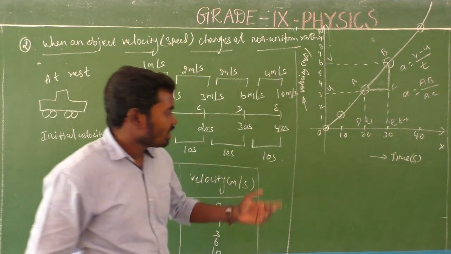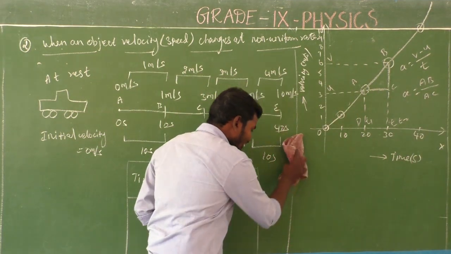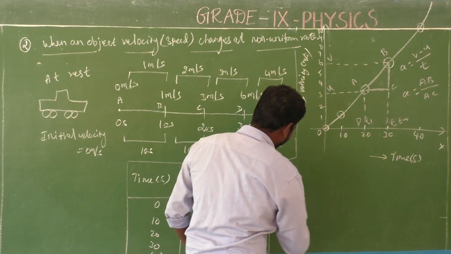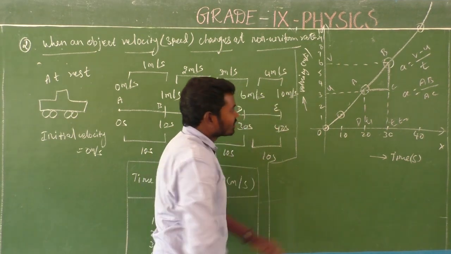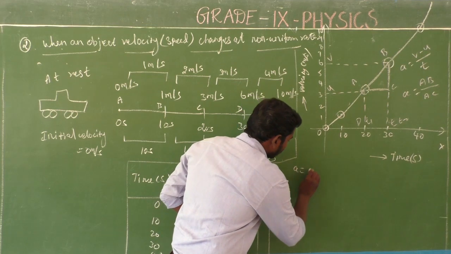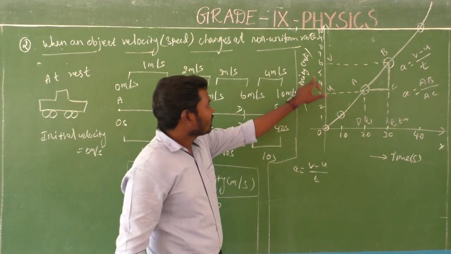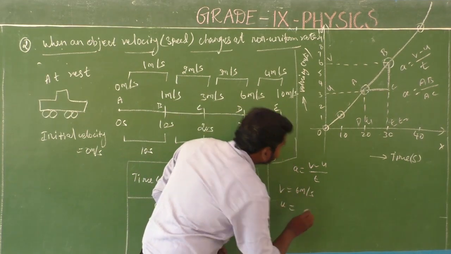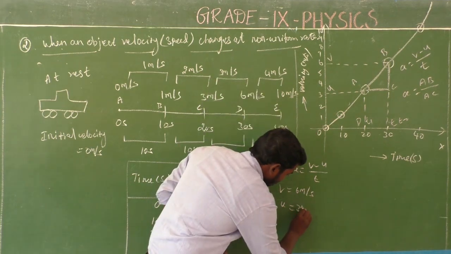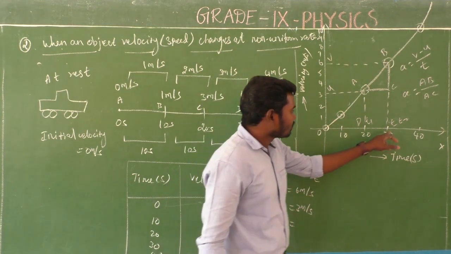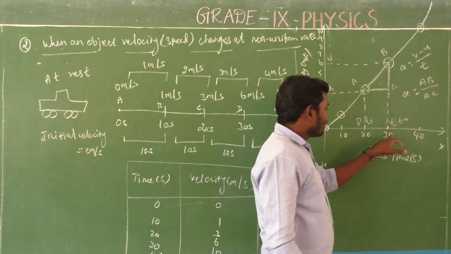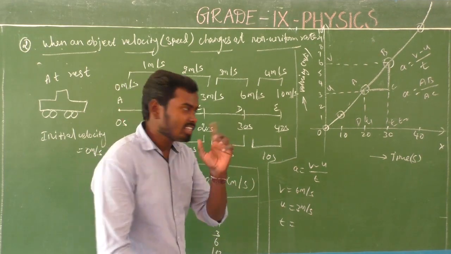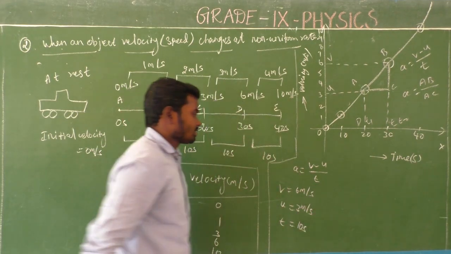So now I'm going to find out the acceleration value. Look here, it will be a very interesting one. Acceleration is equal to final velocity minus initial velocity divided by time. So a = (v − u)/t. Final velocity is 6 meters per second. Initial velocity is 3 meters per second. Then time: we have the interval of time, 30 seconds minus 20 seconds, which is 10 seconds. Is it clear?